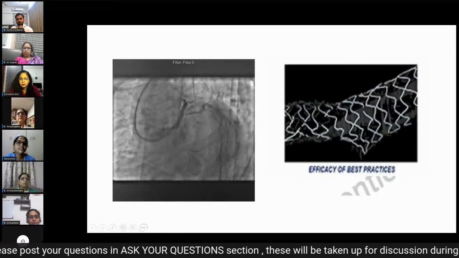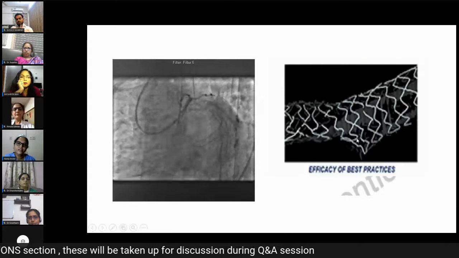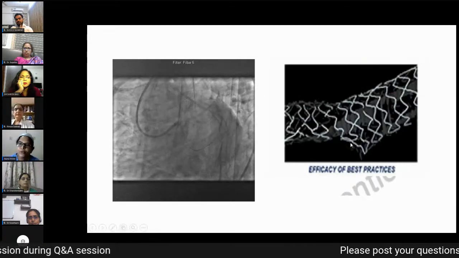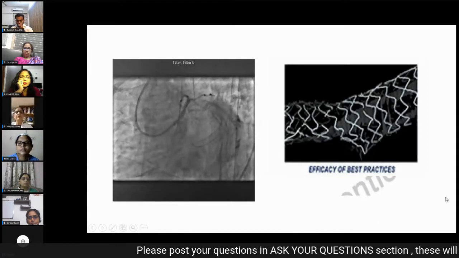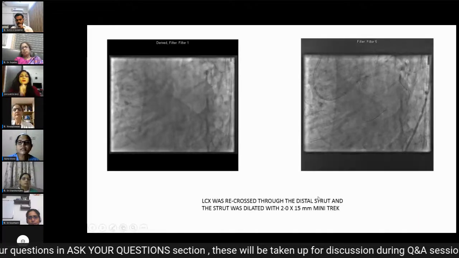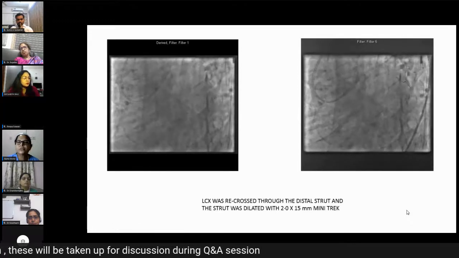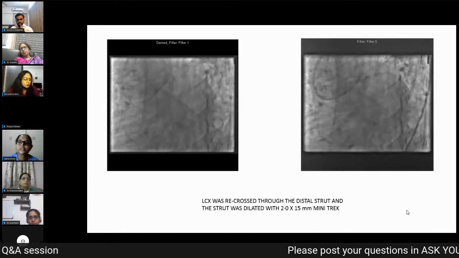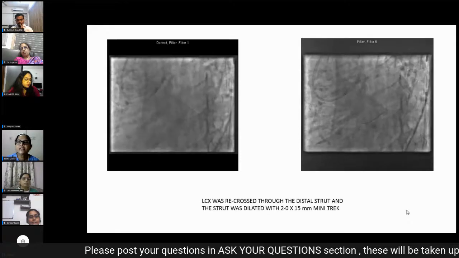So this was the result of my POT. You can see, ideally, when you POT the main vessel, the stent proximal to the bifurcation should open up into the side branch. So I got a decent result here. I went ahead and rewired the circumflex, and I took a small 2.15 balloon, a mini trek, and dilated since the ostium was pinched significantly. So once I dilated the side branch,